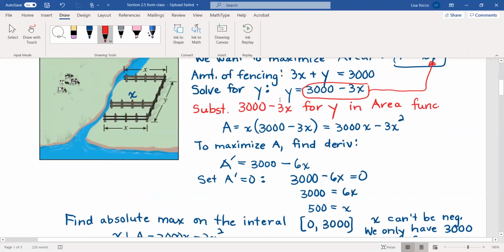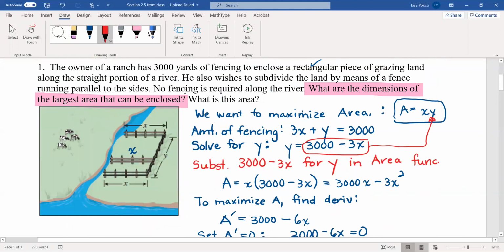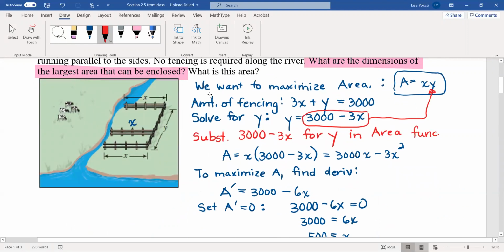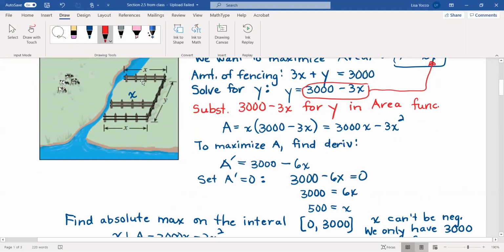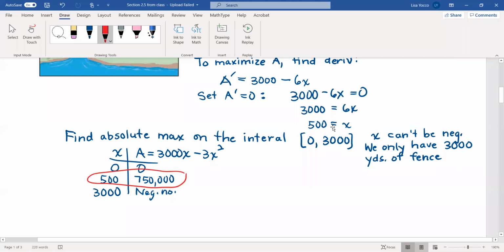Let's go back, because this is a word problem. We need to be sure we answer the questions. What are the dimensions of the largest area, and what is the area? So we know x, which represents the 3 sides, and we know the maximum area. To answer all the questions, we also need to find y. All right, so y was 3,000 minus 3x